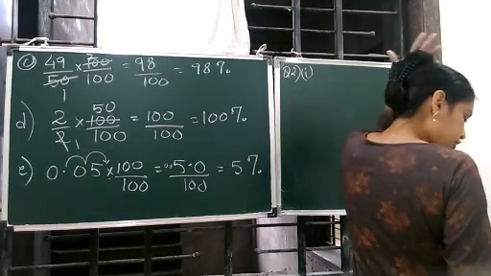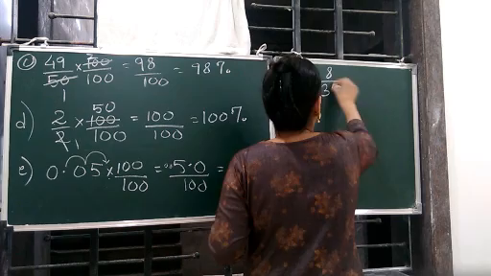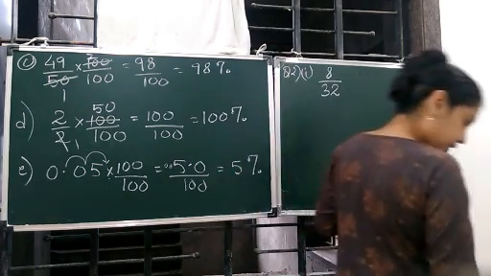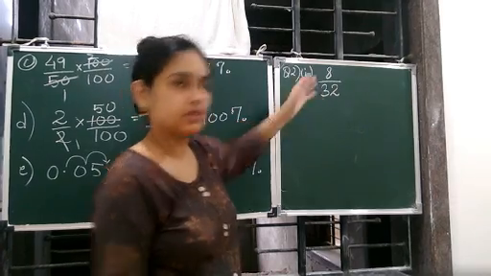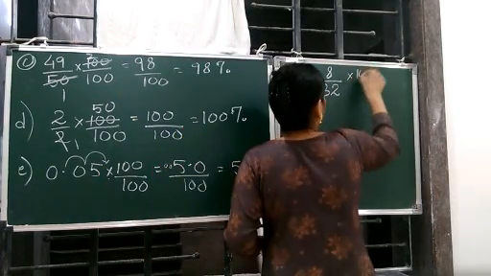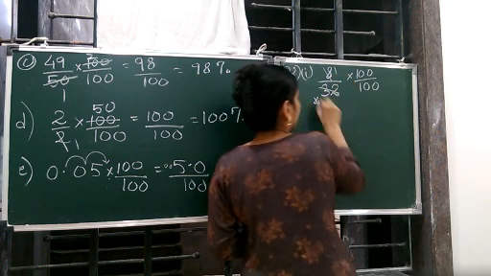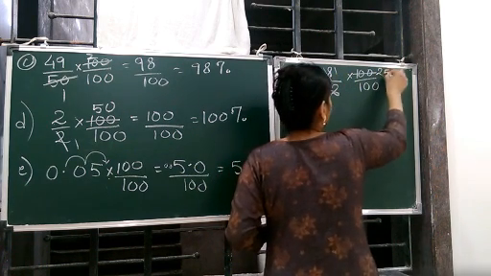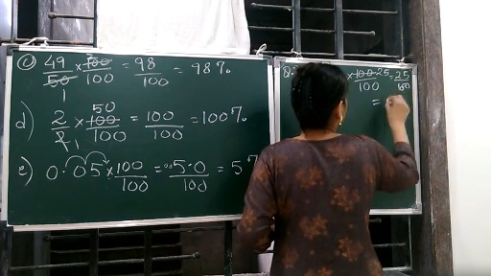There are 32 students, out of which 8 are absent. 8 out of 32 are absent. What percent of students are absent? That means you have to find the percentage of it, so you multiply by 100 upon 100. 8 ones are 8, 8 fours are 32, 4 ones are 4, 4 twenty-fives are 100, that is 25 upon 100, which gives you